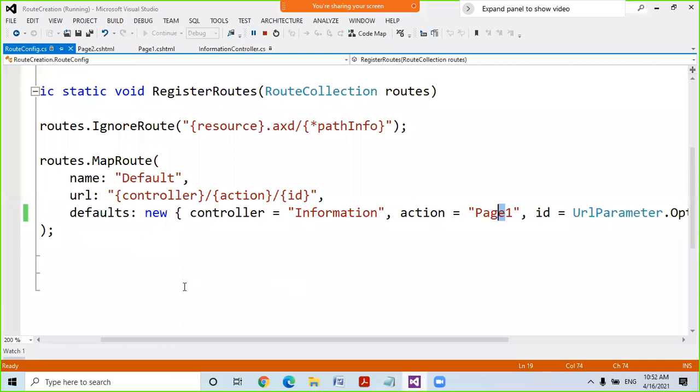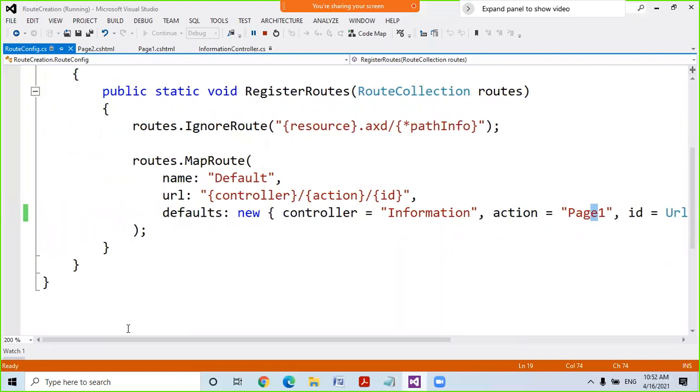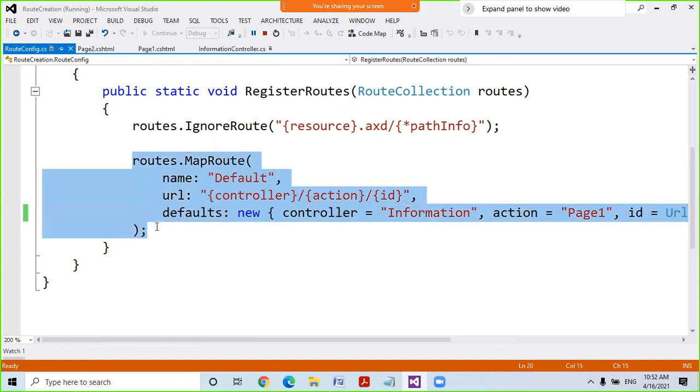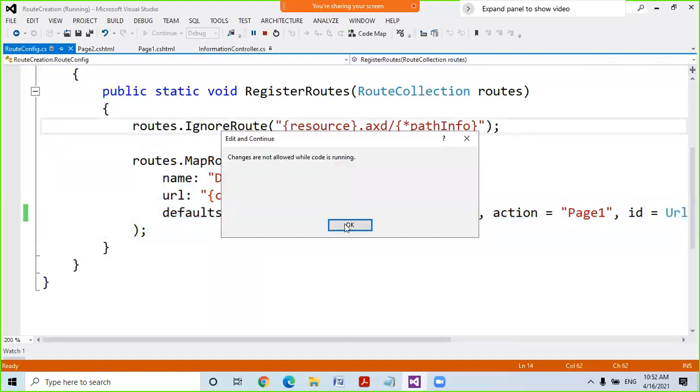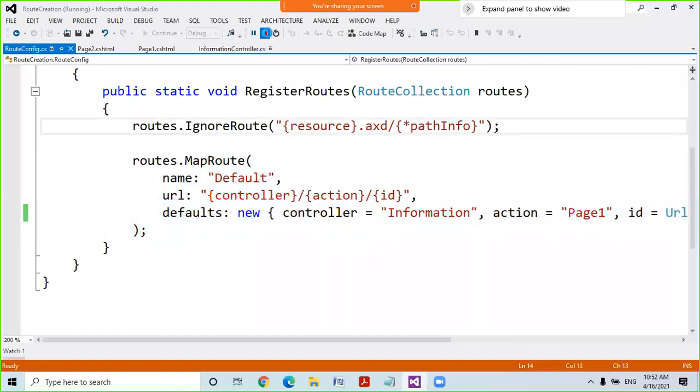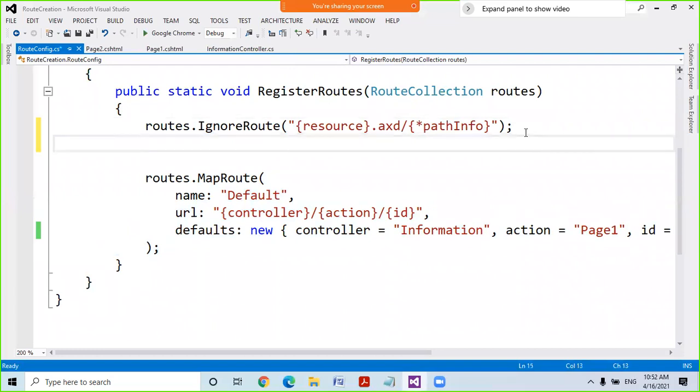So how to create a new root? New root or changing the root is always done inside the root config.cs file. This is the C# file. So I just copy this formula of making the root and paste it above.